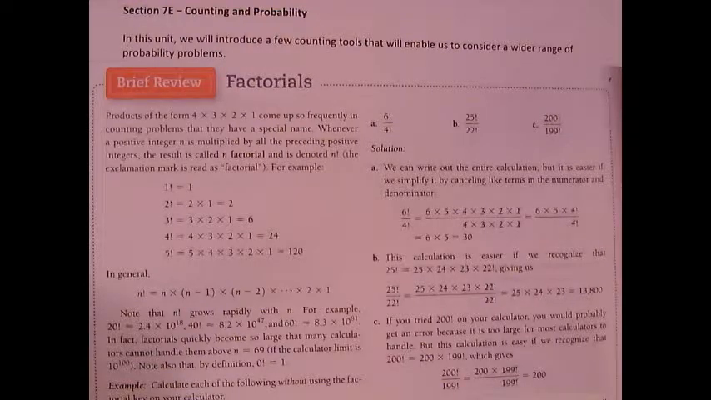Okay, now in general, n factorial means this. It's going to be n times n minus 1 times n minus 2 times, and so on all the way down to times 2 times 1. Okay, so note that n factorial grows rapidly with n. For example, 20 factorial would mean